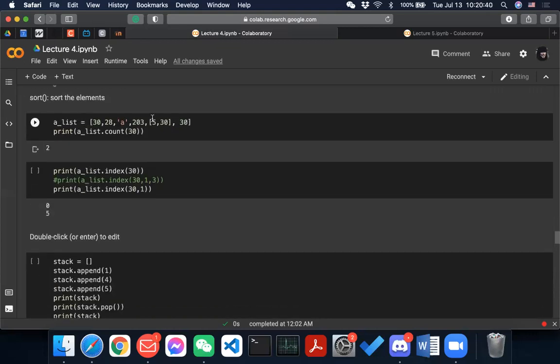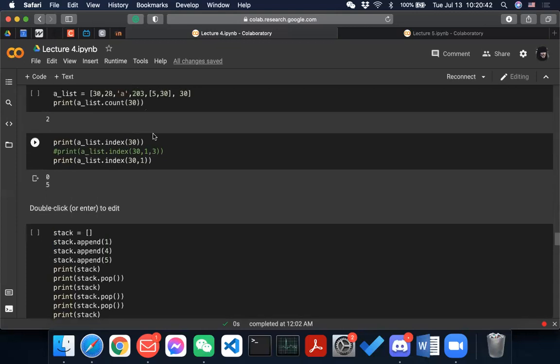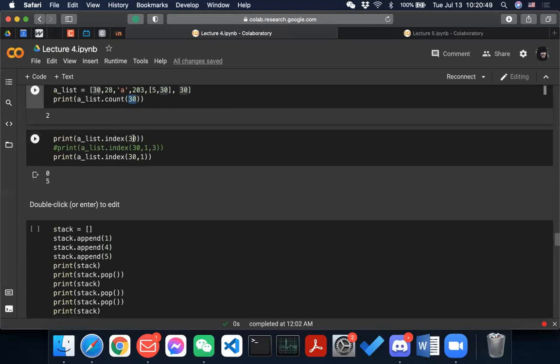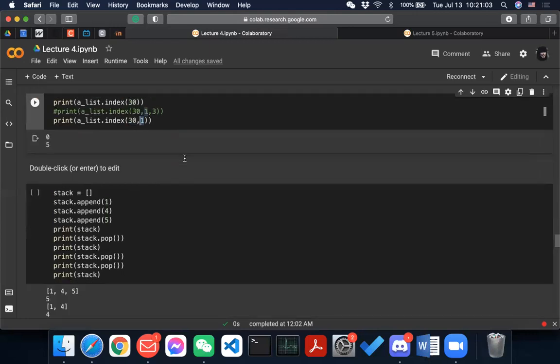And yeah, count is this. Just count one specific thing and it will give you a value. Index just means if you have this, then it will return the first occurrence of the index. And you can specify where you start, right? This is the starting index 1.